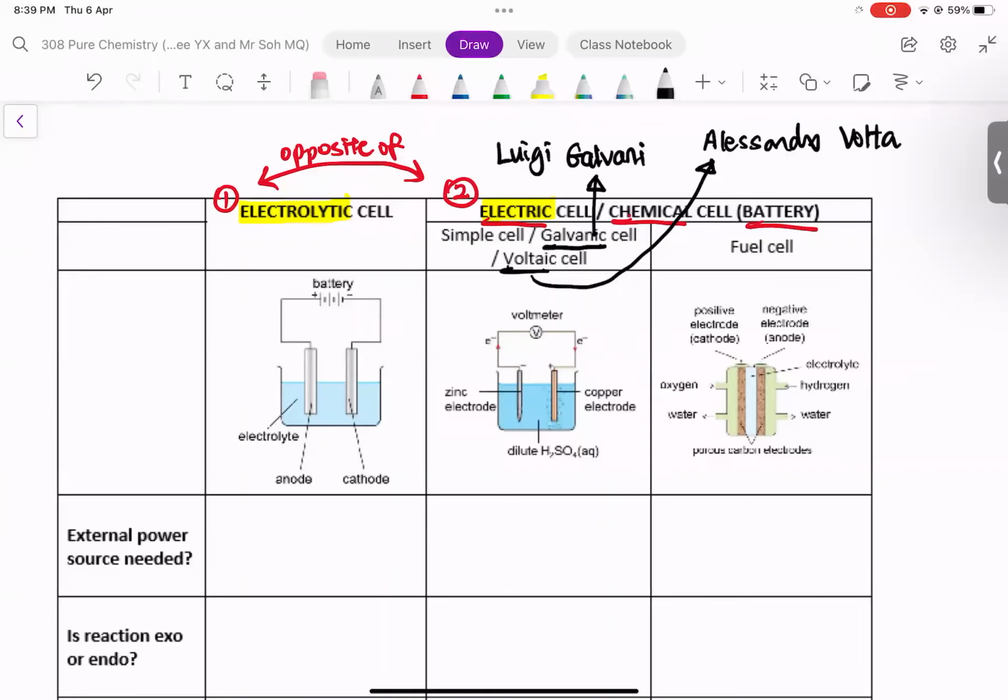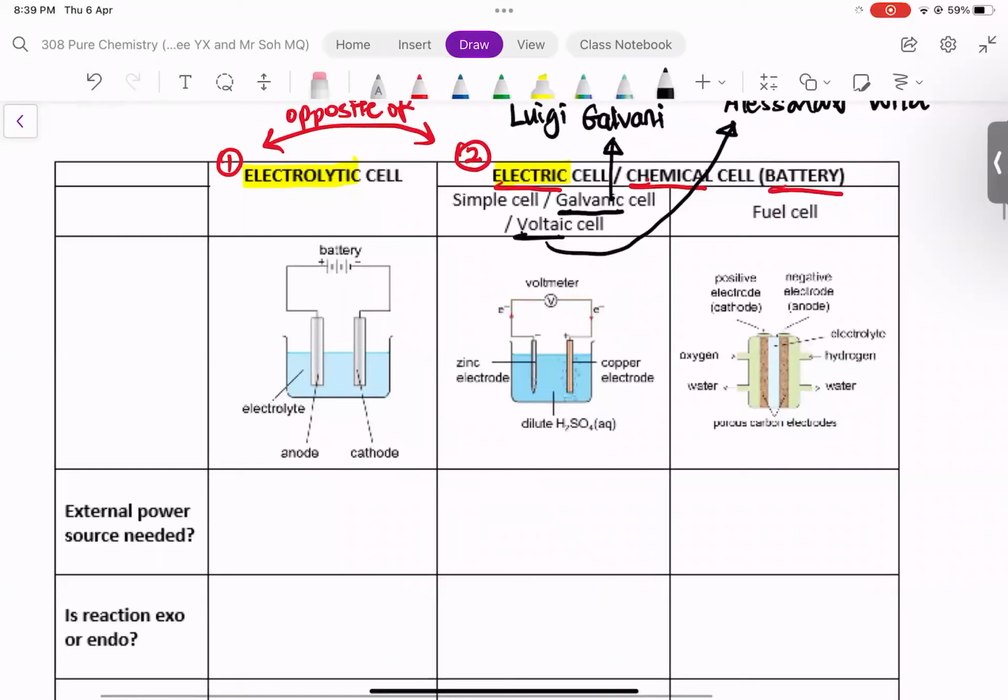So let's go deep now into the differences between electrolytic and electric. Remember, these are the two opposites of each other. So the first thing that is the opposite is whether you need an external power source. External power source means, do I need to connect it to the battery? Must I put a battery into the circuit in order for this to work? It's quite obvious that an electrolytic cell has a battery connected in it. Therefore, yes, external power is needed